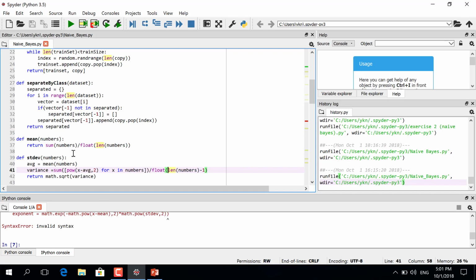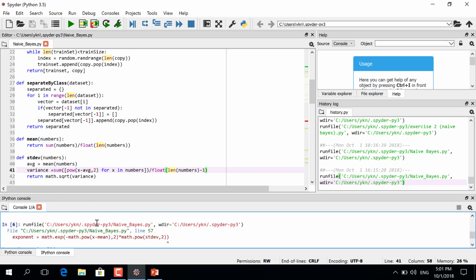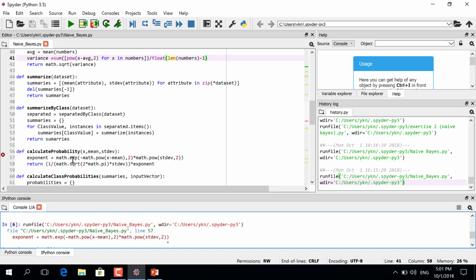Wow, we have another syntax error. What is that? It's line 57. What is 57? All right, so let's check 57. Calculate probability. All right, exponent. Oh yeah, now we can see that we have a lack of